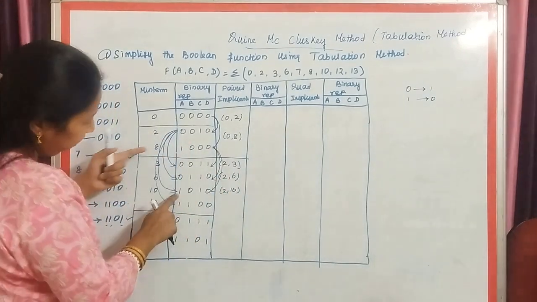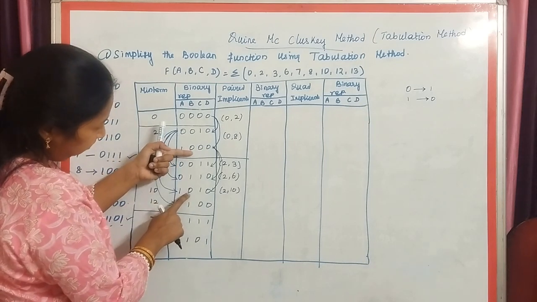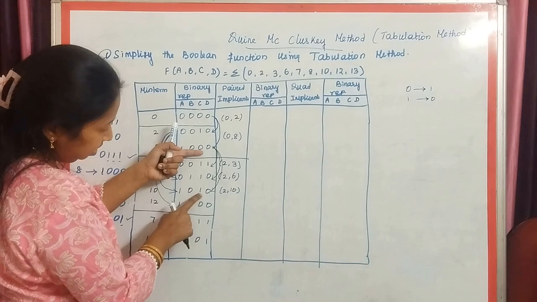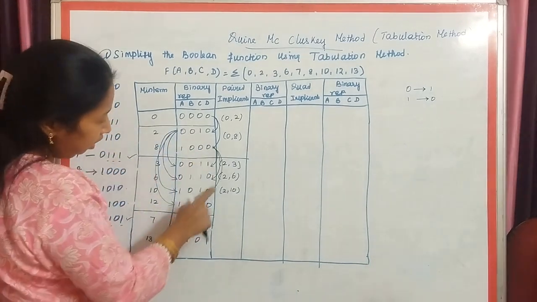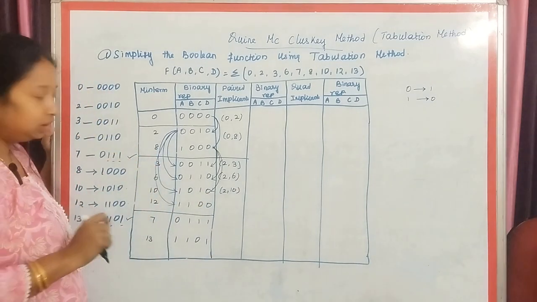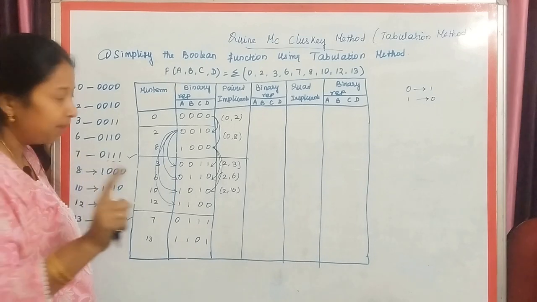Fine. When you compare 8 with 10, let's compare the digits. First element, it is same. Second element, again it is same. Third element, there is a bit change. Here it is 0, here it is 1. So one bit change is happening. Fourth element, again it is same. So when I compare 8 with 10, there is only one bit change that is happening, and it is happening